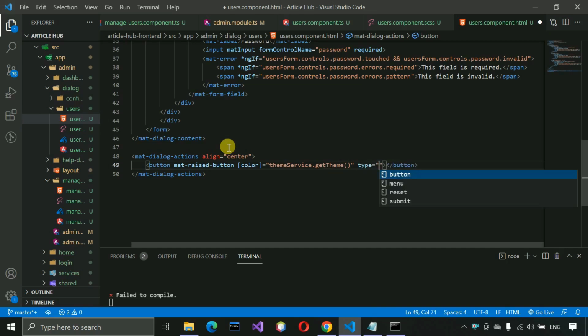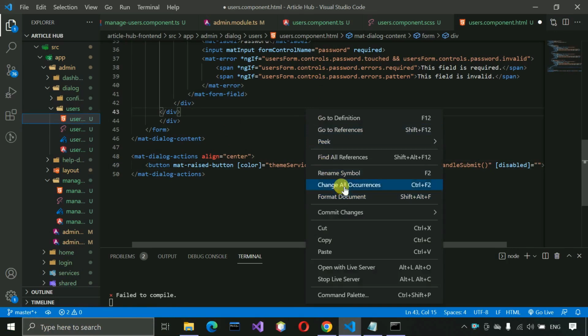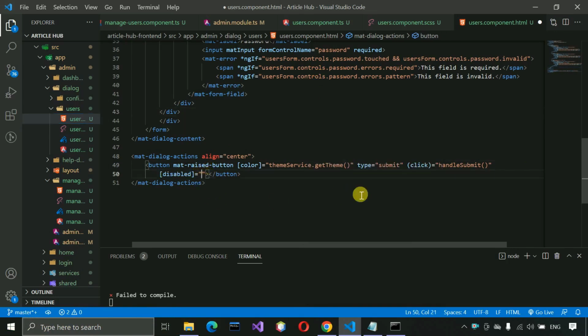and type of this button will be submit, and on click we need to call handle submit, this one, and this also need to be enabled or disabled. So disabled in some conditions, so we also need to use property binding over here to pass the disabled value dynamically. So here user form dot valid and user form dot dirty, and inside this one we have to just write action,